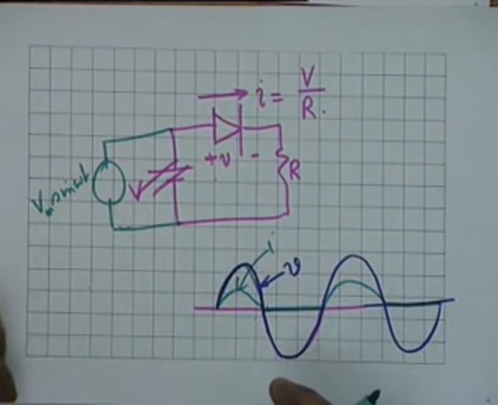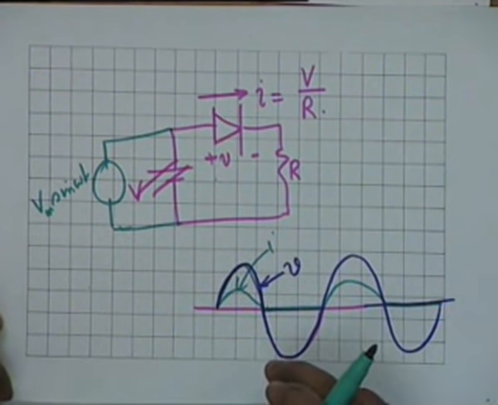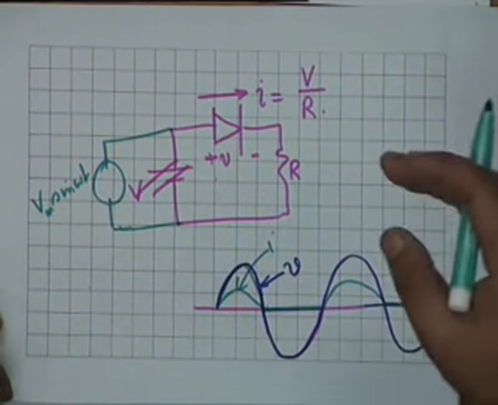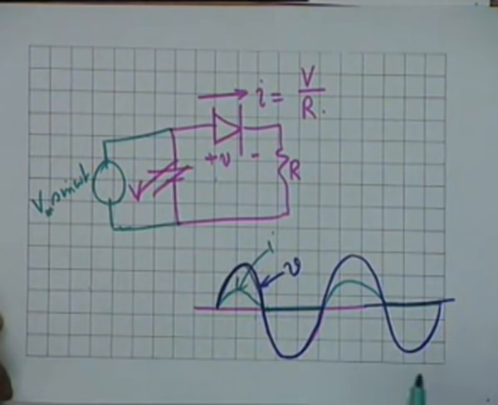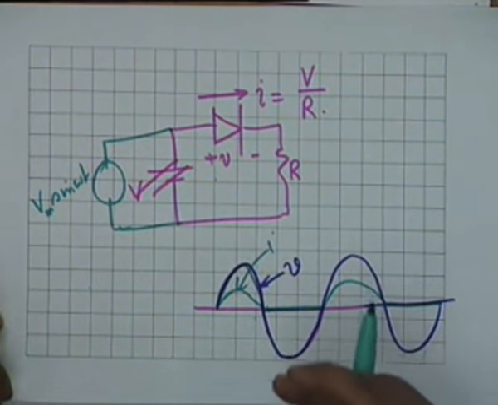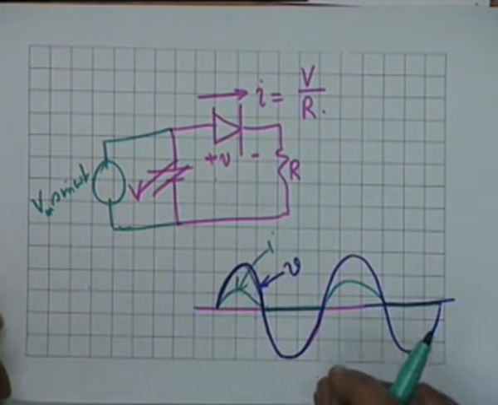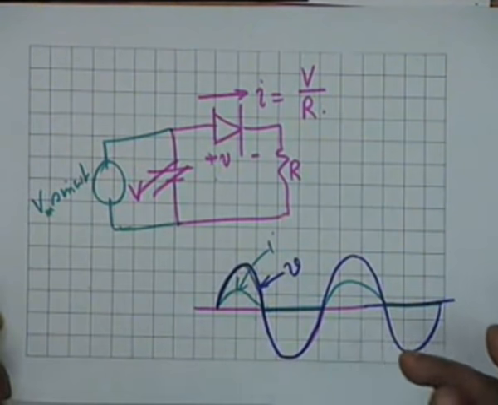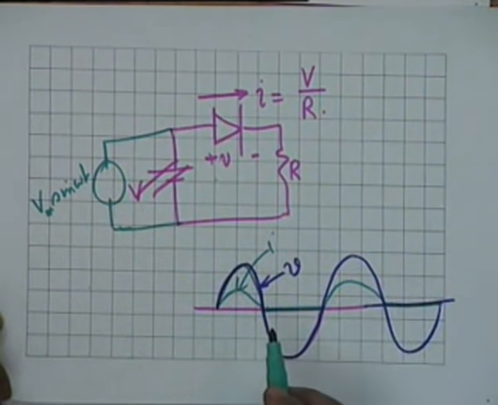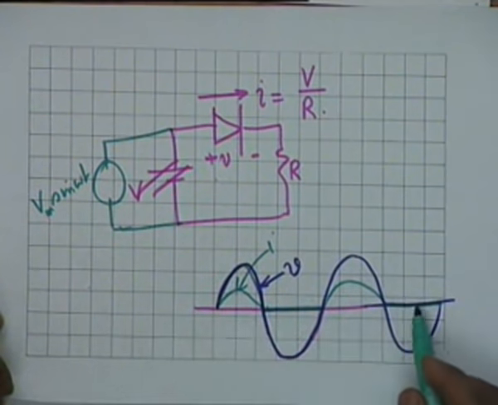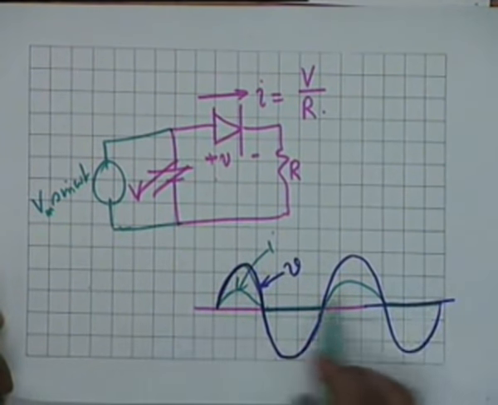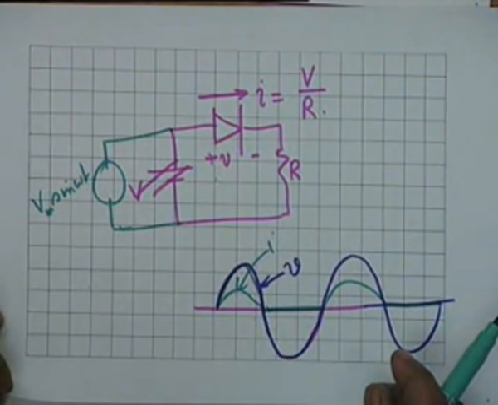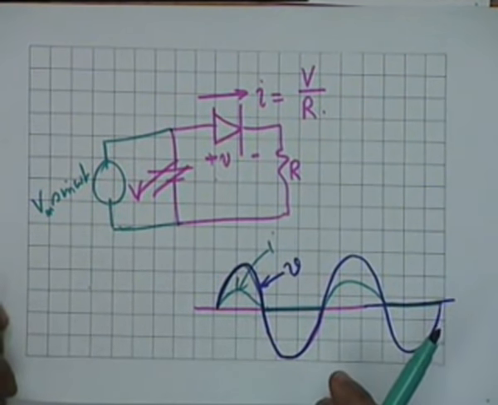Therefore, a bidirectional voltage, a voltage which could be positive as well as negative, is being converted into a unidirectional current. And by dropping the current in a resistance, you are converting this to a unidirectional voltage. However, this voltage is not constant, it is pulsating, it varies. The average value of this obviously is a DC voltage.